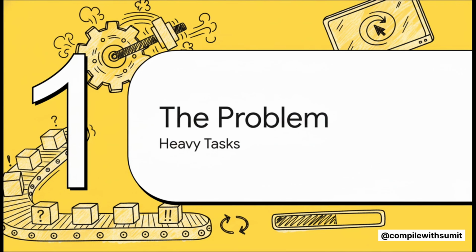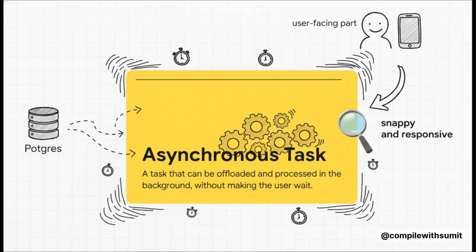All right, so here's the problem, and it's a super common one. Your app needs to do something heavy, a task that's just too slow or resource-intensive to make a user sit there and wait for it to finish. And we have a name for these, right? They're called asynchronous tasks. The whole point is to just offload them. Let them run in the background so the part of your app that the user actually sees stays super fast